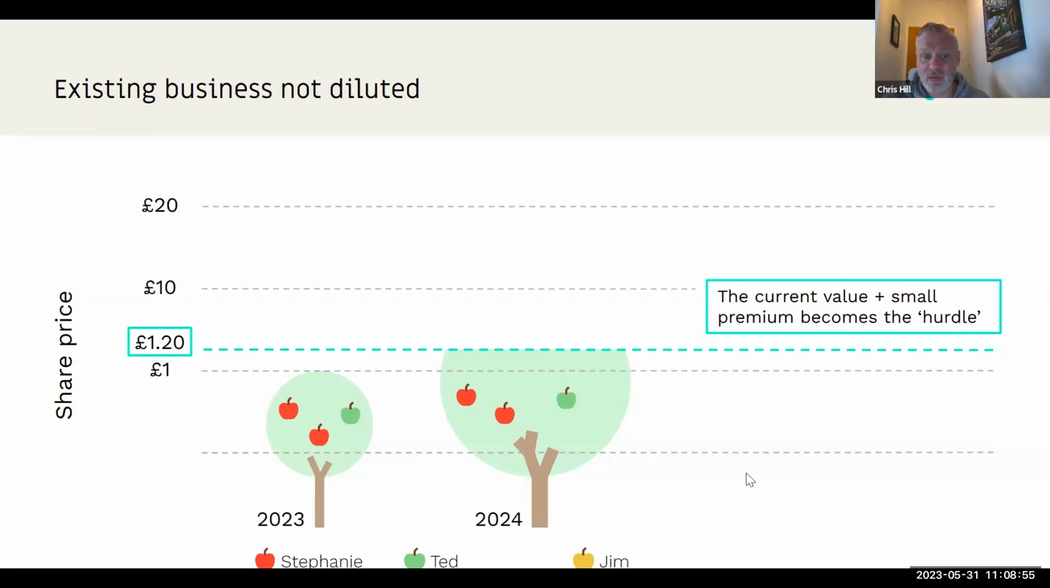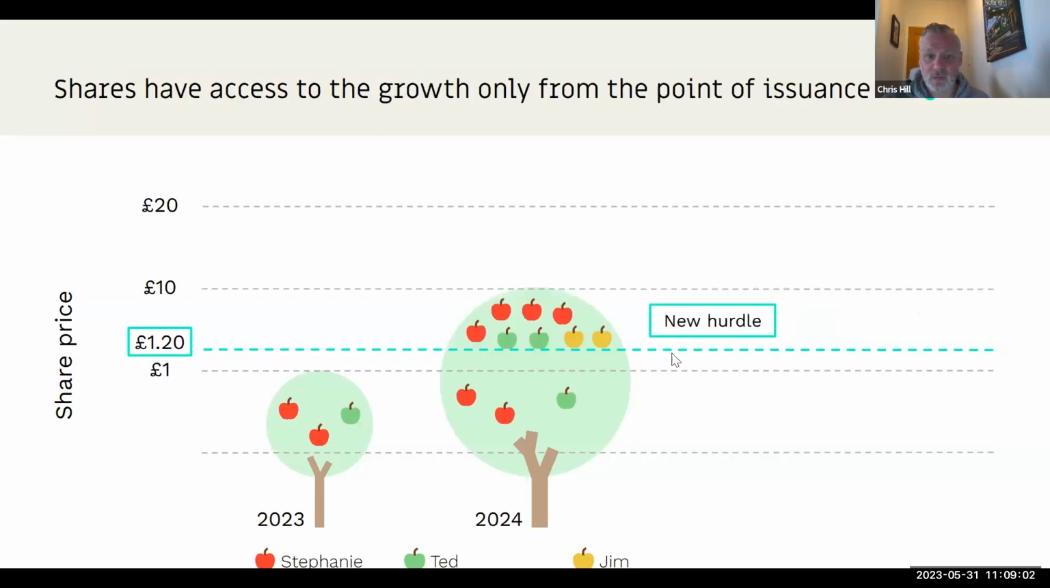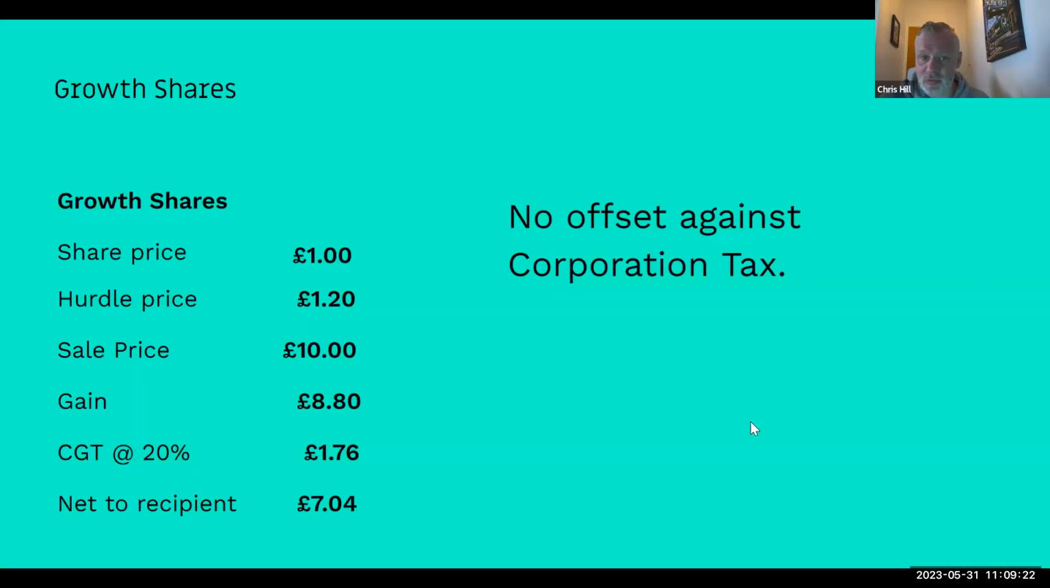But Jim helps the business grow. So you can see here, Jim's helped the business grow. So the business is now worth £10 a share. So Stephanie and Ted have everything below £1.20. Jim only shares between £1.20 and £10. So he's done a great job because the business has grown, so he shares in that growth. And because he's done such a good job,